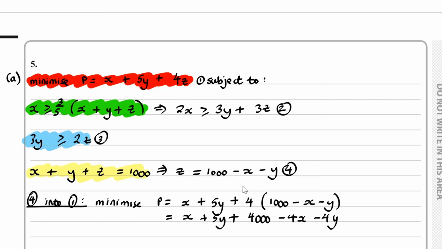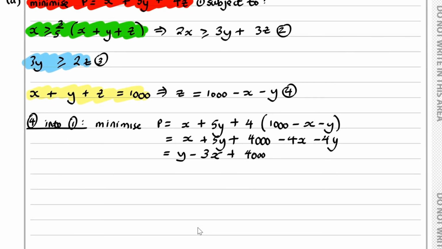And if I tidy this up a bit more, we have Y minus 3X plus 4000. Okay, so we want to minimize this over here, subject to